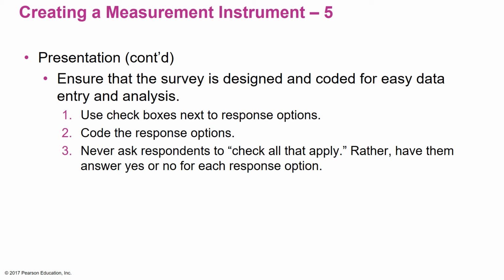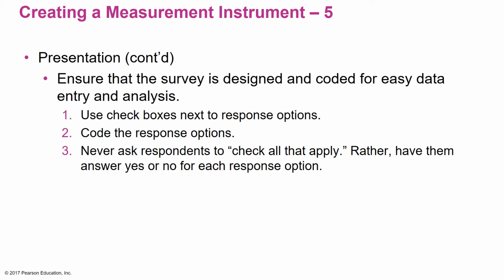So now no matter what combination of check all that apply you come up with, it's going to produce a unique number. So if they select one and three, remember three is now a five, you would add those together to get a six. So a six would only apply to individuals that answered option one and option three. If they answered two and three, that would be two plus five, that would be a seven. Seven's a unique number, right? We know that anybody that's coded with a seven must have answered response two and three because of how we set up the coding. So there's things you could do to get around it, but probably right now the easiest approach is to,